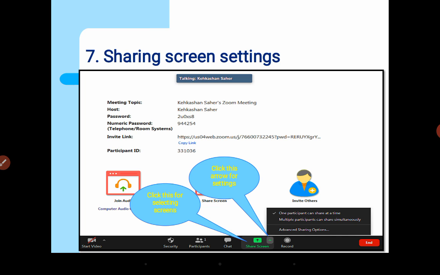If you have shared the screen, that means that screen will be operated by the one you have shared it with. So if you have shared the screen with the teacher, the teacher will be able to click on your screen, and the student will just be watching it. The host will take control of the student's system and will be able to make changes and explain things to the students. Similarly, the teacher can also share the screen. Whatever he is doing on his screen, he will be able to share with the students also.